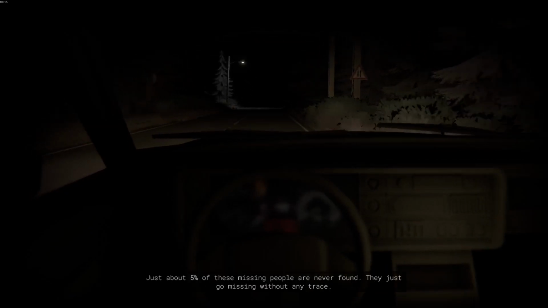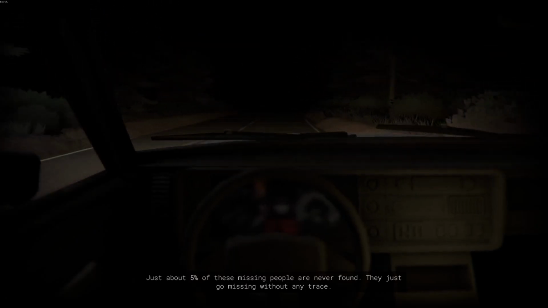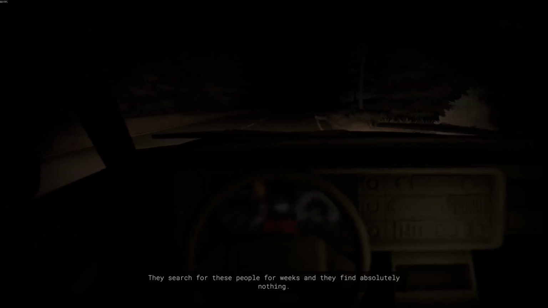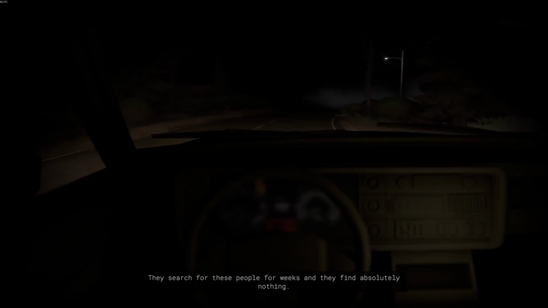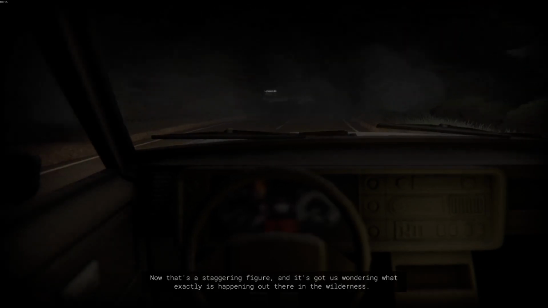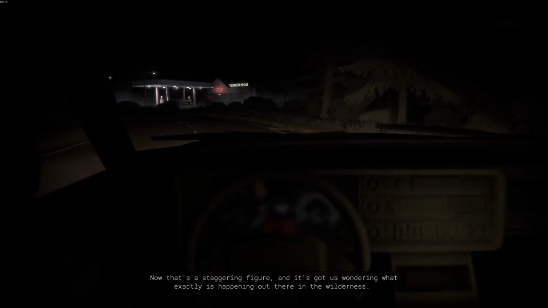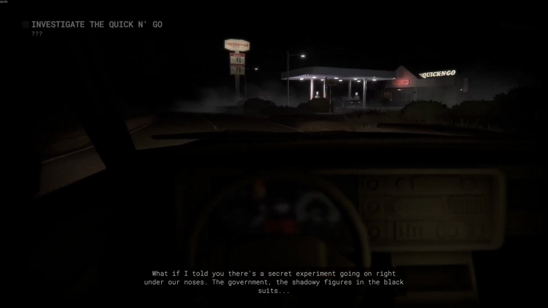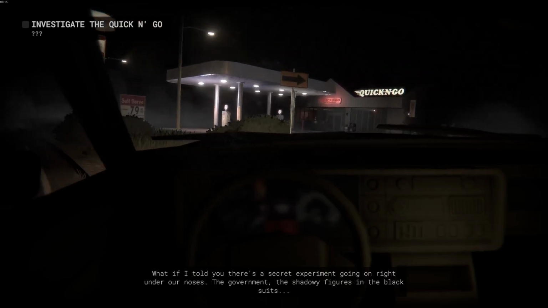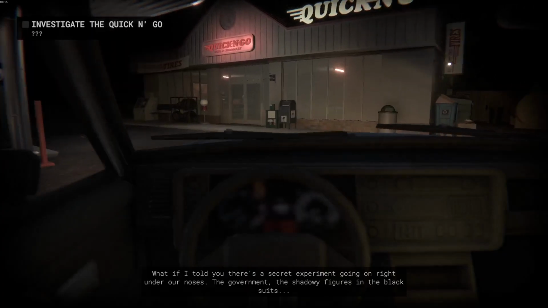Just about 5% of these missing people are never found. They just go missing without any trace. They search for these people for weeks, and they find absolutely nothing. Now that's a staggering figure, and it's got us wondering what exactly is happening out there in the wilderness. What if I told you there's a secret experiment going on right under our noses? The government, the shadowy figures in black suits, they're...